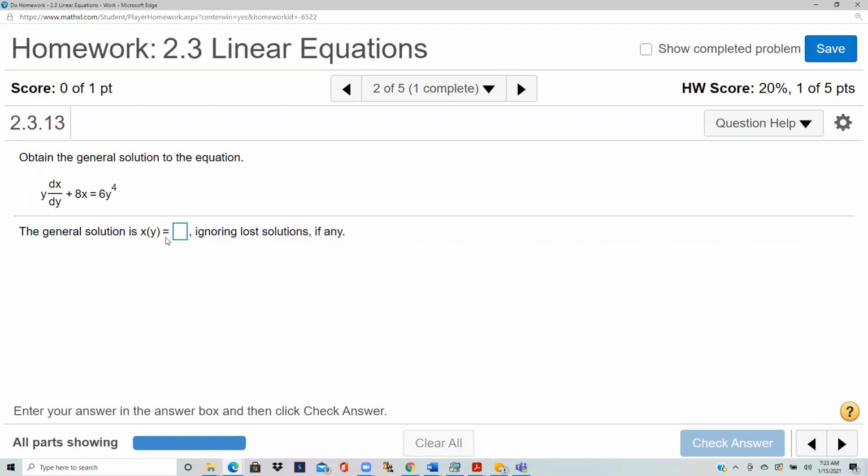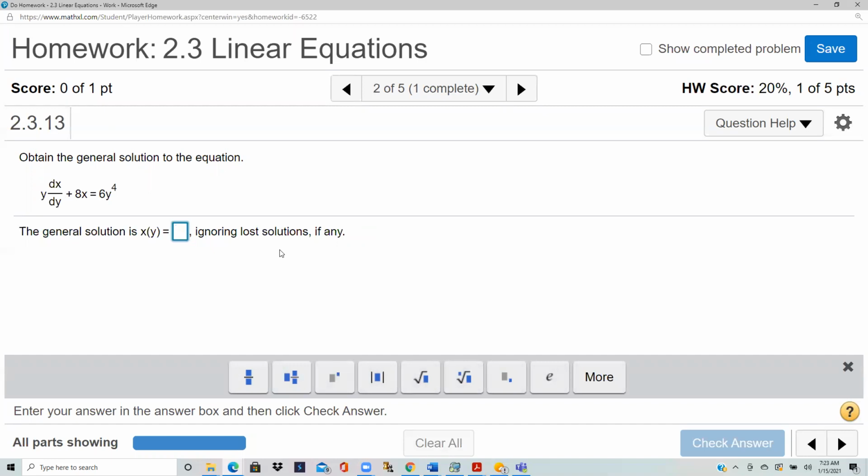So this now instead of dy over dx, you have dx over dy. So remember I talked about this, that here you just interchange the roles of x and y. So first the derivative needs to be isolated. So we divide everything by y. So that gives us dx over dy,